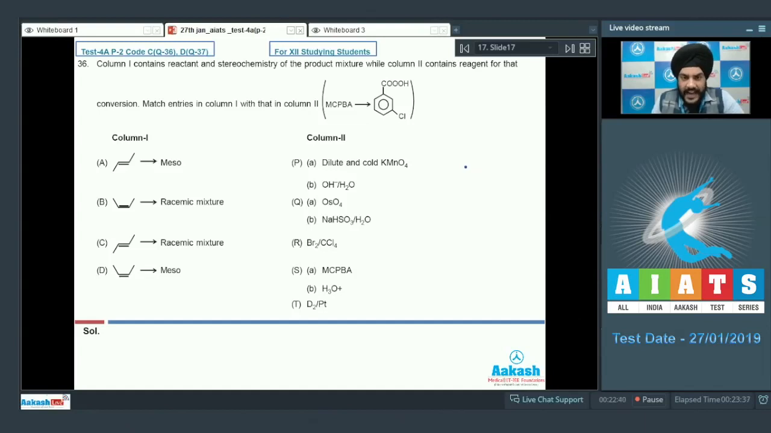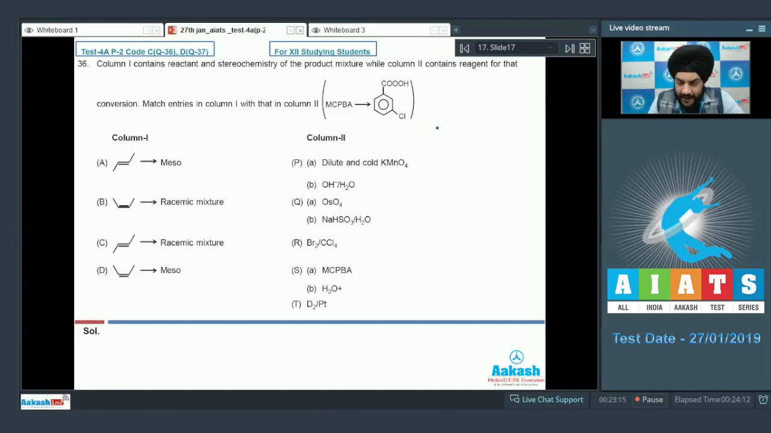So column 1 contains the reactant and stereochemistry of the product mixture, while column 2 contains the reagent for that conversion. Match the entries given in column 1 with that in column 2. So let us first talk about the entries given in column 2. So in column 2, we have been given a set of reagents. So the examiner seems to be interested in the stereochemistry of the